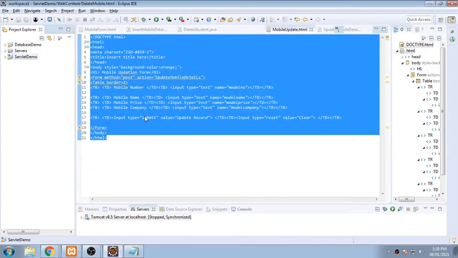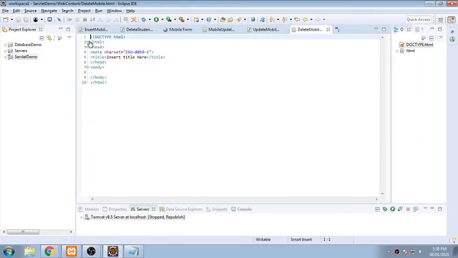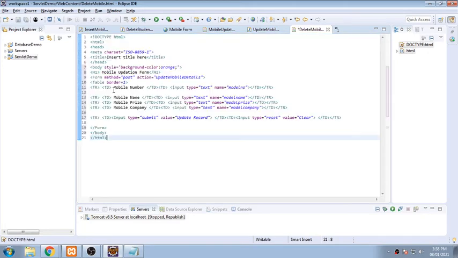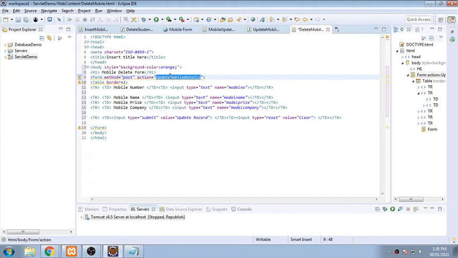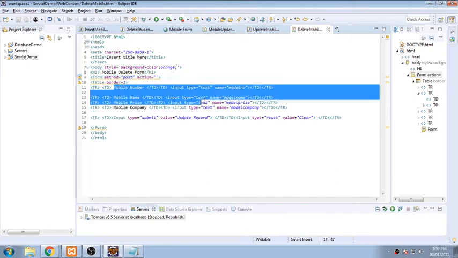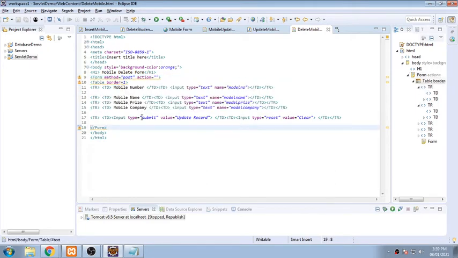I'm saying finish and pasting over here, and I will change the name of this form to mobile delete form. I'll remove this field because I don't want it, since it is for the purpose of updation. Same thing will be there, all fields will remain as they are, and here in submit I will say delete record.